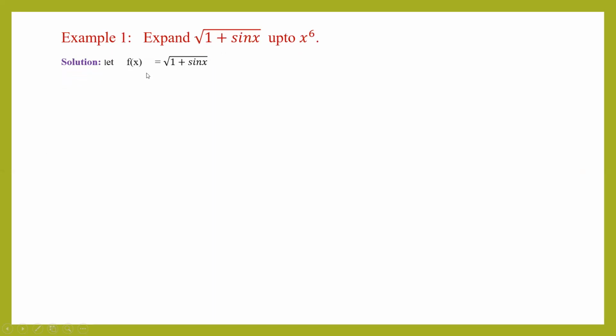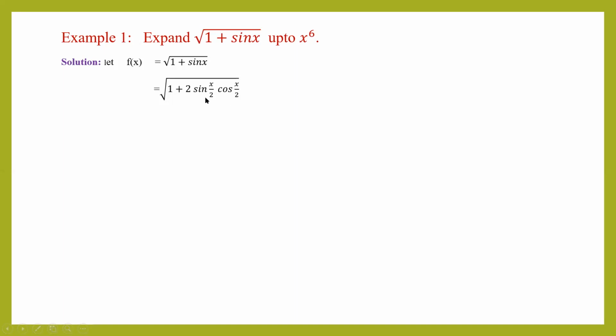Now, if we have to find its expansion up to x raised to 6, then first of all we should remove the square root, is it? And to remove the square root, the formula which we know for this term is for the sine. We know the formula for the sine, and sine we can write as 2 sine x by 2 into cos x by 2. Is it?